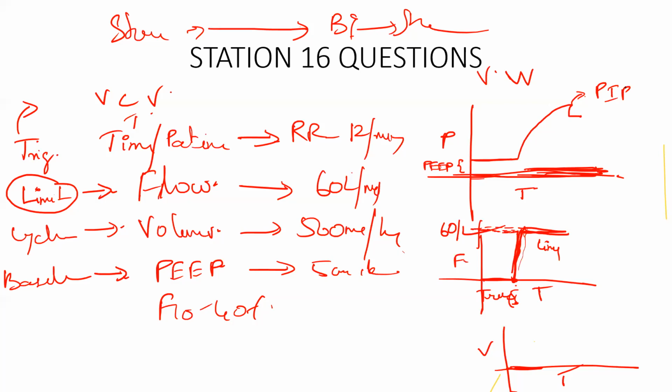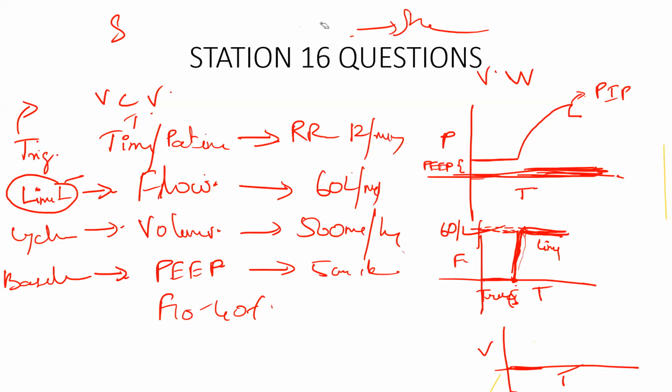Sir, please repeat it once, sir, please. Okay, so the trigger point of 5 seconds is reached. The ventilator is blowing at a rate of 60 liters per minute, which is the flow you set. It will reach very rapidly and then sustain that flow at 60 liters per minute because that is the limit you set. So as the flow is increasing, the air is going into the lung, so the pressure is increasing. Okay.